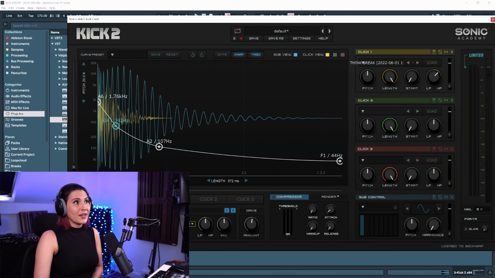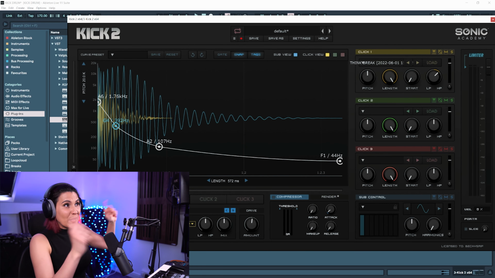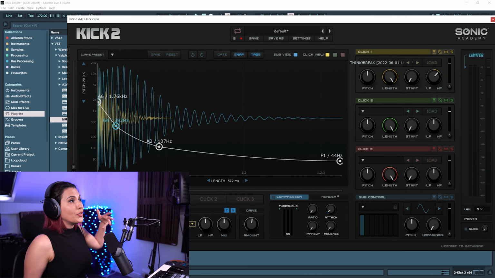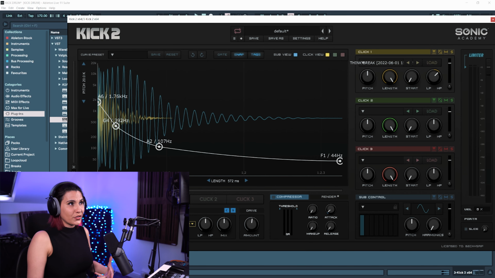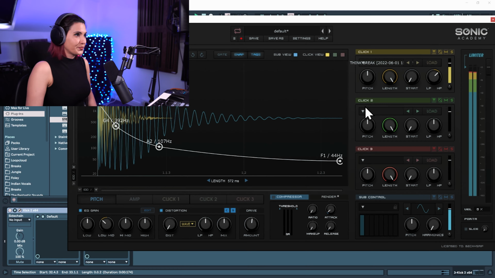So this is a great way to introduce those acoustic characteristics of the breaks that we all know and love in drum and bass especially, but all genres of electronic music. And by saving those samples and putting them into Kick 2, you now have your own kick drum that you can then shape using the amplitude envelope and layering it with the characteristics of the drums that we all know